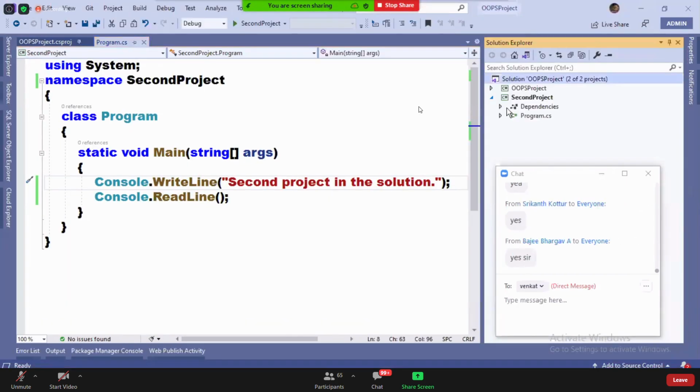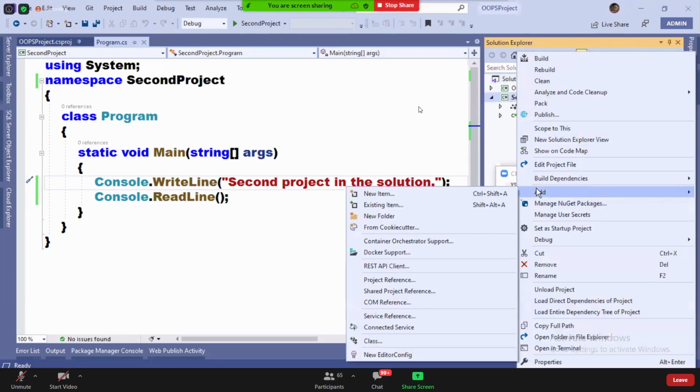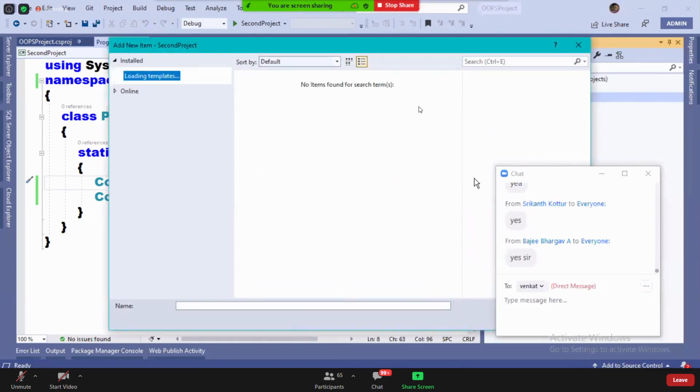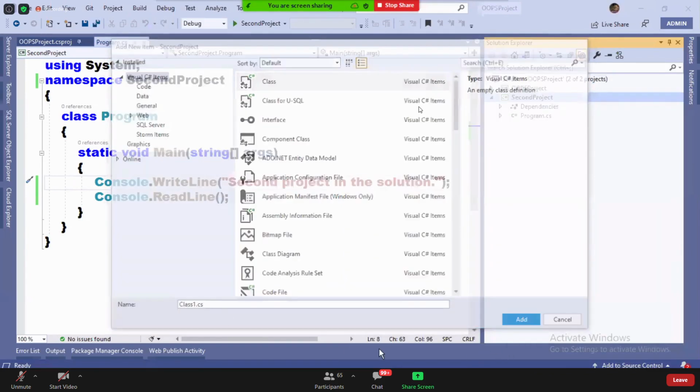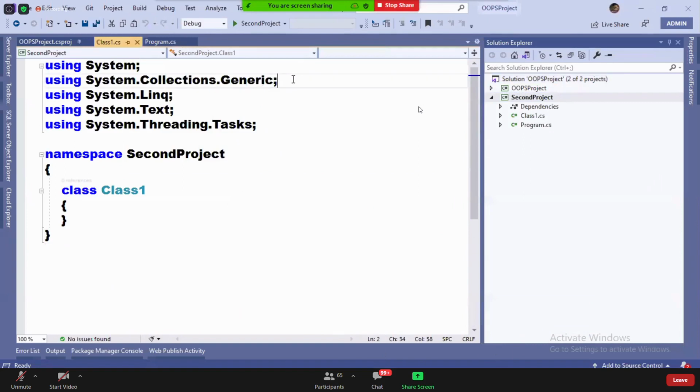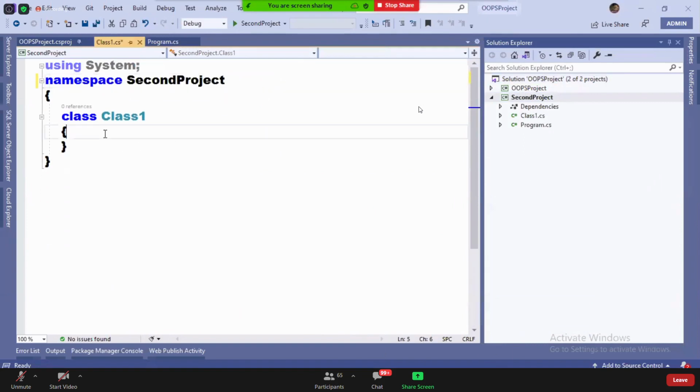Add a new class in the second project here. I'm adding a class with the name Class1. Added. See, that is in the second project.